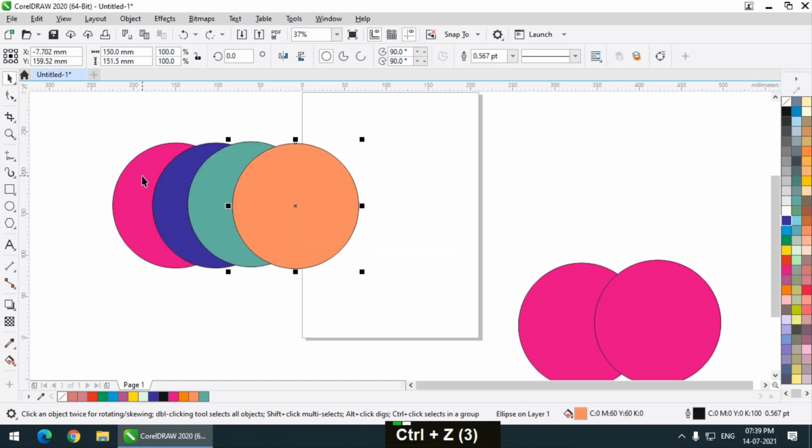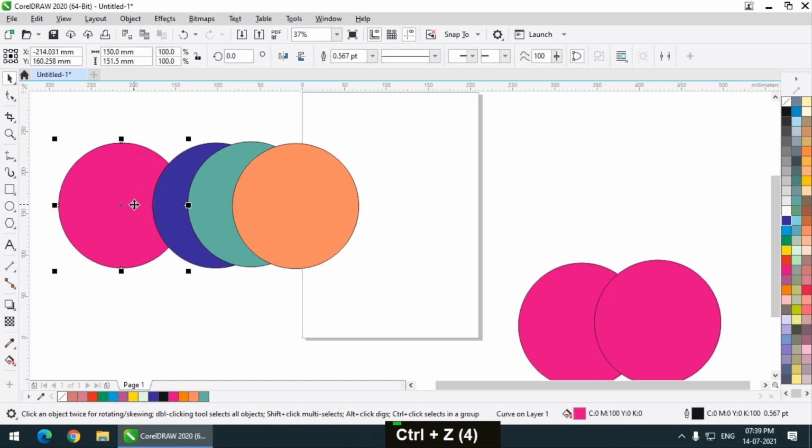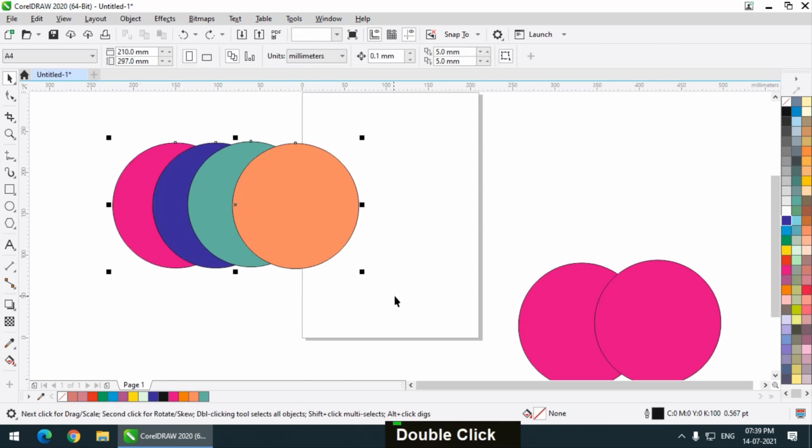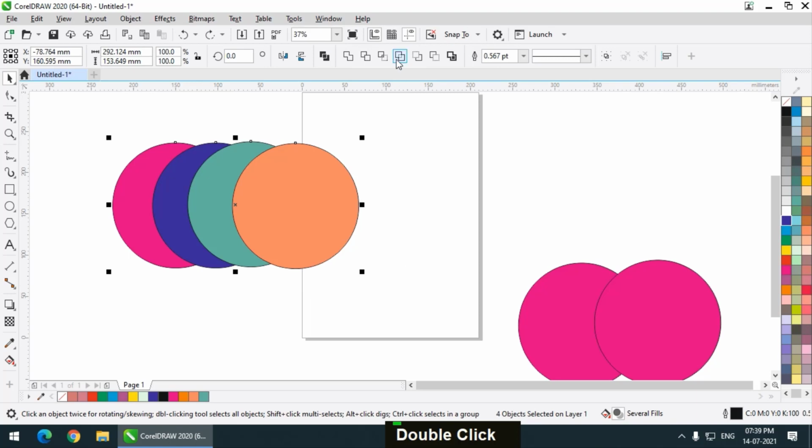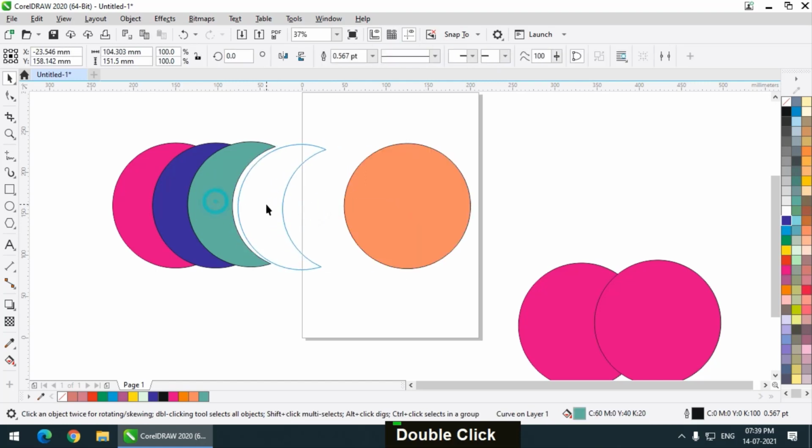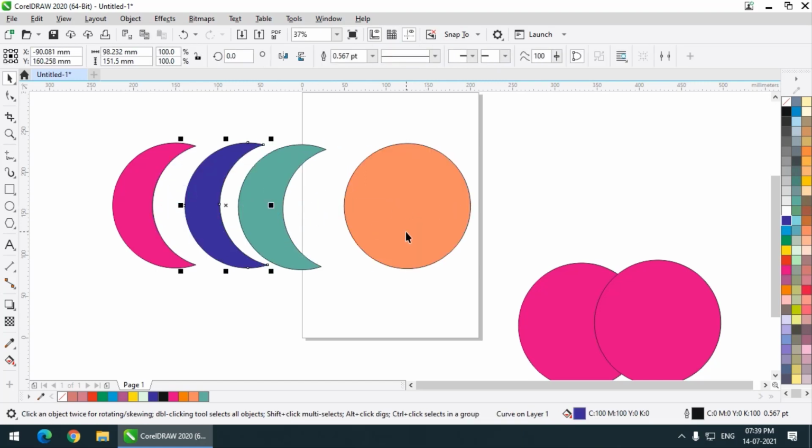So what if I want to trim all the objects? Then I have to use a different option called the simplify option. Remember, this is the trim option which you use if you want to only trim the bottommost object, and if you want to trim all the objects except the topmost object, then we can use the simplify option. Simply click, then it will trim all the objects except the top object like this.